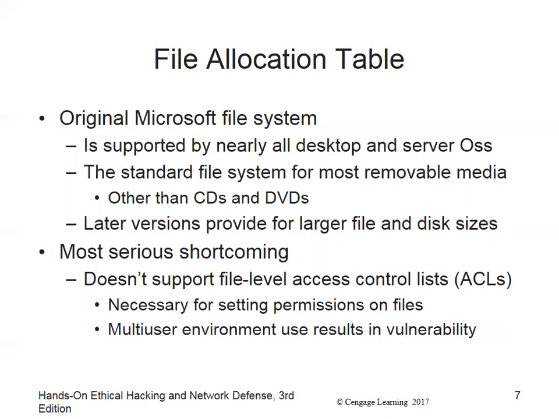I had this issue many years ago where I was trying to copy files to a drive. I was copying a lot less than the size, but it kept getting full. It was because of the file names. Each one is stored, so if you have a super long name, you might be using 10 allocation units just to store the darn name. So the FAT had issues, but we're still using it today. What are we using FAT32 with today? Flash drives, exactly. All flash drives format to FAT32. You can change them to NTFS, but most of us don't.